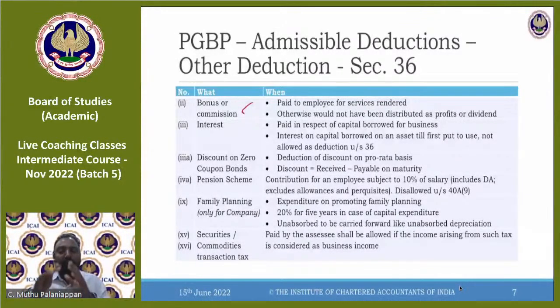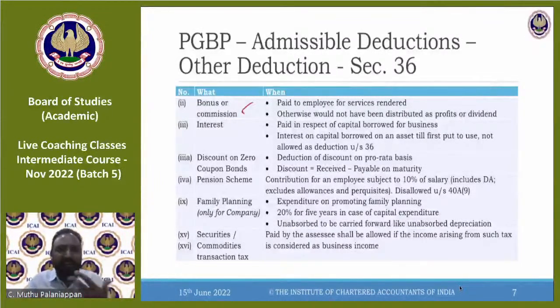Typically, profits distributed as dividend attract additional tax, because the person who is receiving the dividend also should pay tax, and the person who is earning that profit also should pay tax. So there is a double taxation possibility in distribution of dividend. So if I'm distributing as dividend to a person, let's say a managing director who also has shares, instead of giving him dividend, I'm giving him bonus or commission. So they say whatever is bonus or commission is eligible, but let it be for the services rendered, not as a part of repaying profit.